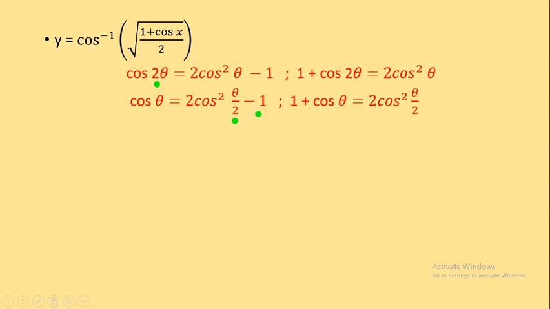Okay. So again the same thing, 1 goes this side and the answer is 1 plus cos theta is 2 cos square theta by 2, as there was no 2 here. So here you are going to put this formula and not the first one. Yes. Okay. So let us continue.